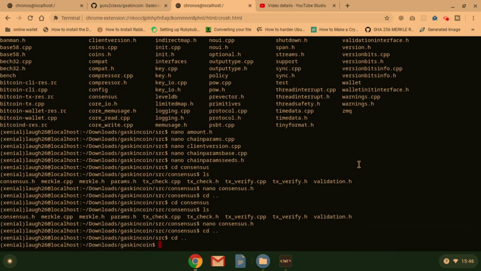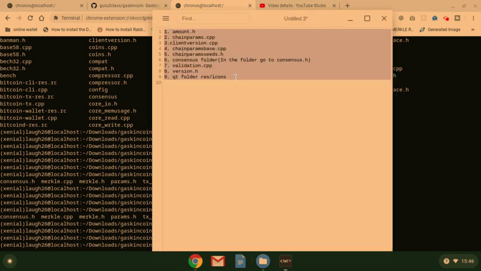So what we'll be doing right now is to rename Bitcoin to Gaskincoin. Then we're going to rename BTC to